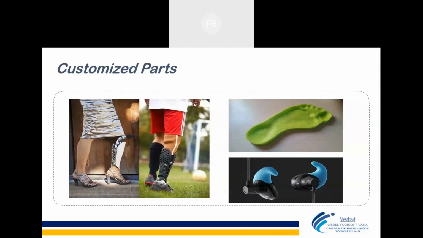So customization is another big segment of 3D printing, where there will be not only these three examples, but a number of examples will come up. Maybe as a company, you want to customize a table name, or you want to develop a bottle with a customized name, or a cup with a customized name. At that time you can directly do it with 3D printing, which will again be a cost-effective solution for you.